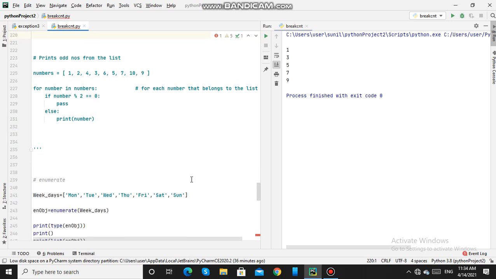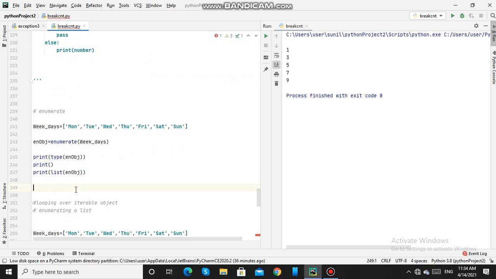Now we will see the enumerate function. This enumerate function is a built-in function in Python. It adds a counter to each item of the iterable object and returns an enumerate object.